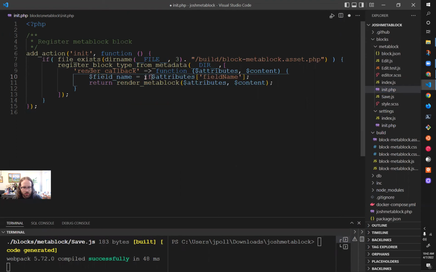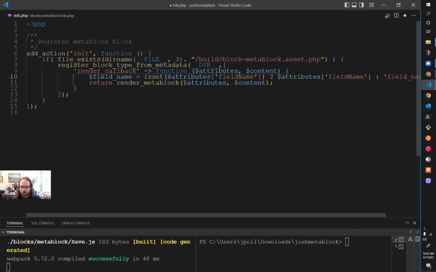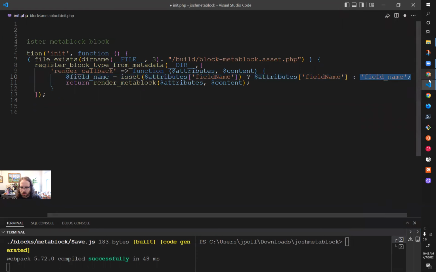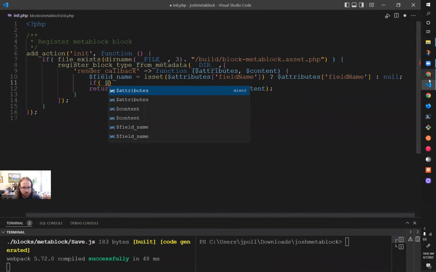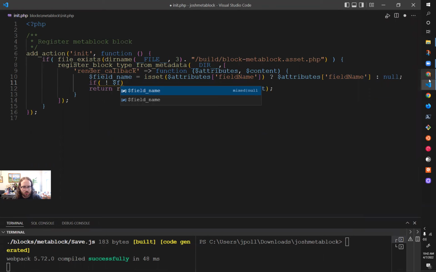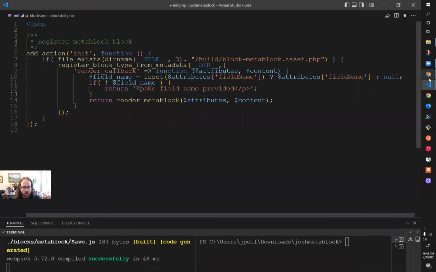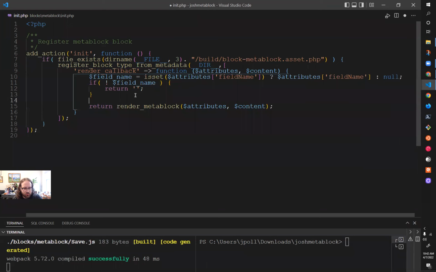So it's like if is set, if not, I'm just going to return nothing there, right? And then value equals